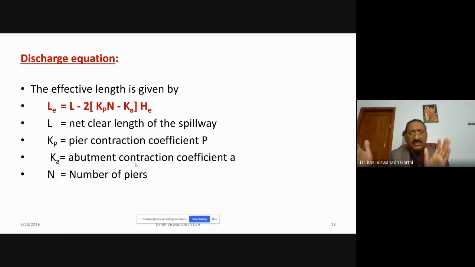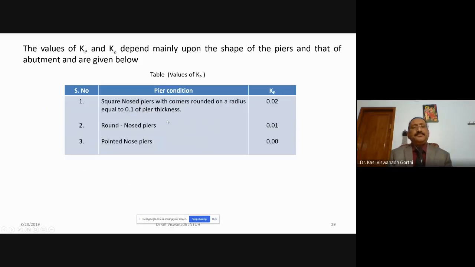with certain gates. From one gate to the other gate, if you see, it behaves something like channels. So you have a number of abutments and piers, where N is the number of piers, along with the pier contraction coefficient and abutment contraction coefficient. So look at this equation. Le, the effective length, is given by L - 2N(Kp - Ka) He, the head. The values of Kp and Ka depend mainly upon the shape of the piers and that of the abutment,